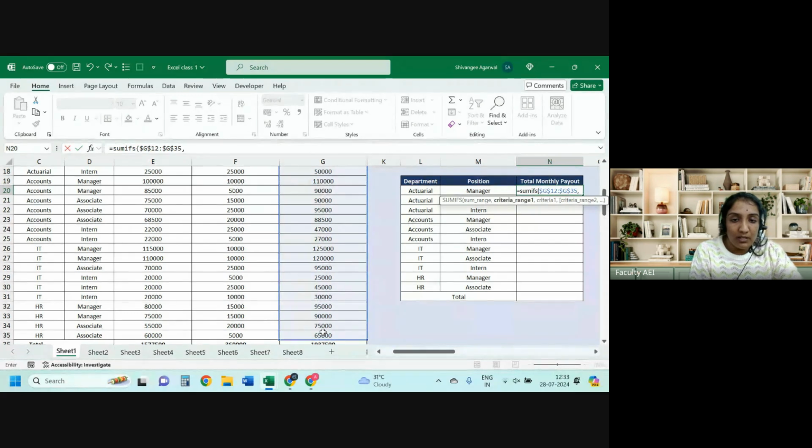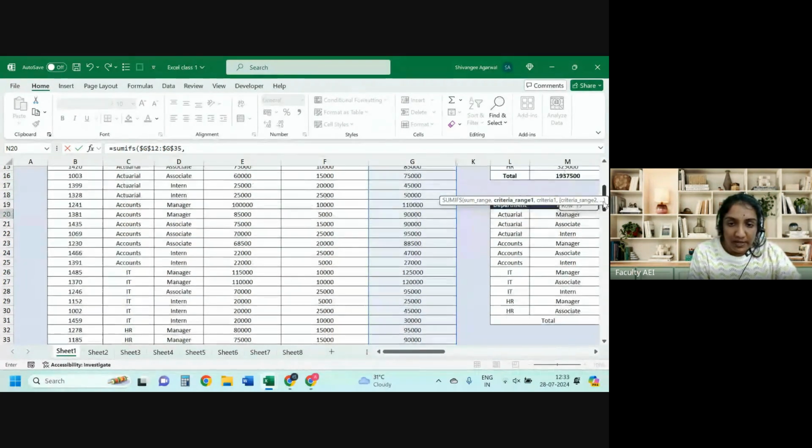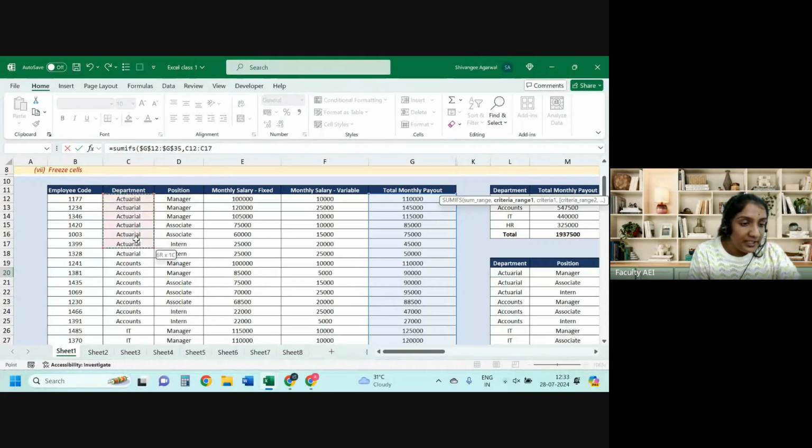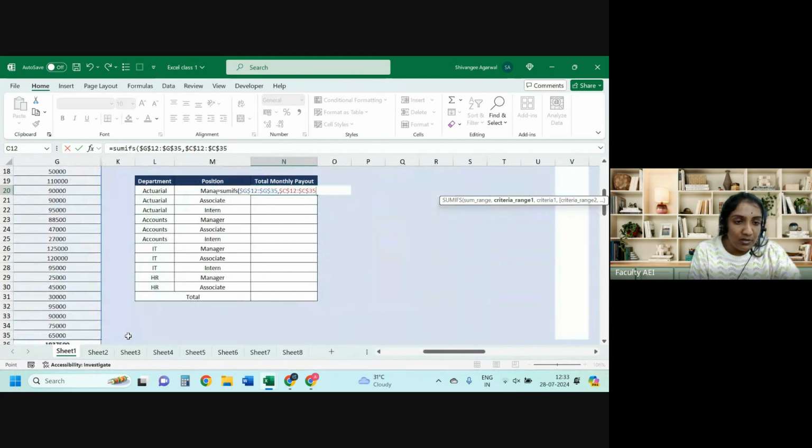Then, comma. Next, they want the criteria range 1. Let's say the criteria range 1 is the department. So we highlight the criteria range 1, C12 to C35 in our case, and we know we have to freeze it. So F4, comma. What's the criteria 1 for this cell? It's the actuarial department, comma,